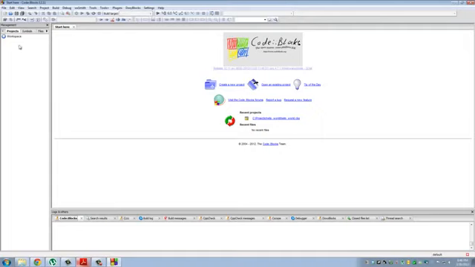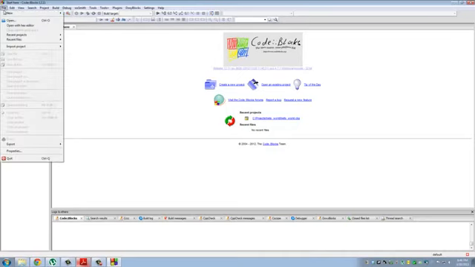Now on the left side right here, you're going to see Projects. Under Projects, you're going to see Workspace. All the programs we are going to build are going to go right down here. So let's build our first project. Click File, New,